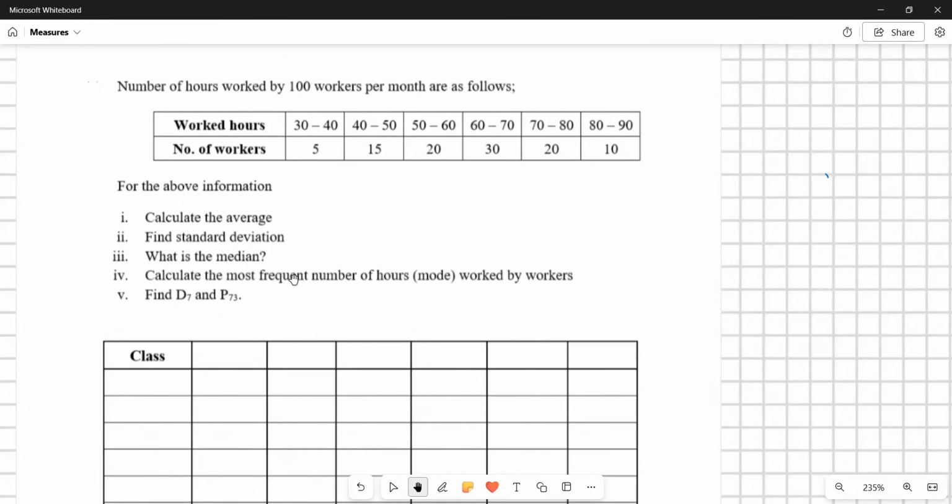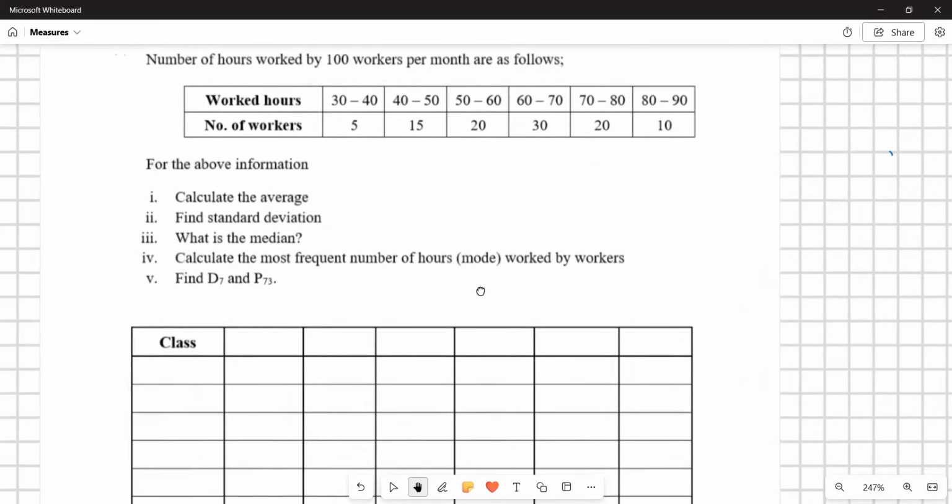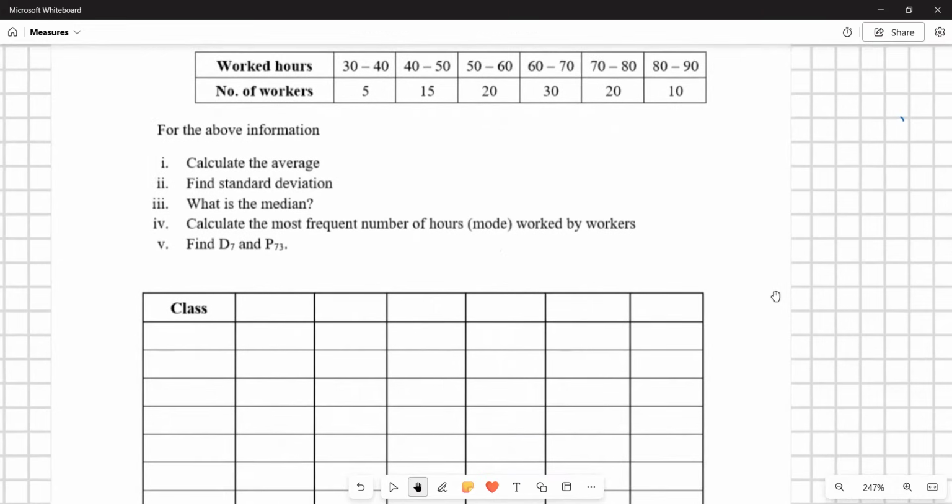All measurements, we are going to form the table first. Mean and standard deviation go together, right? We'll arrange the data in table form. Here the classes